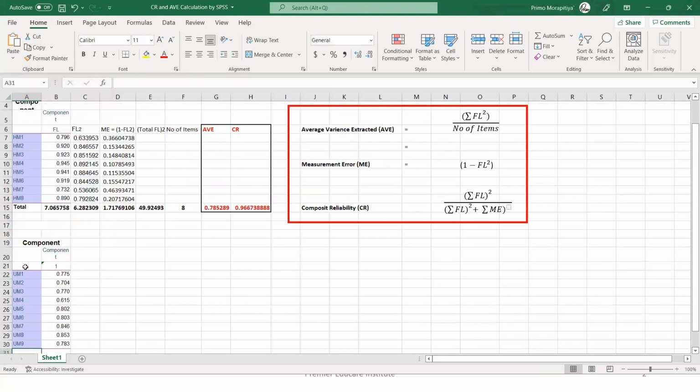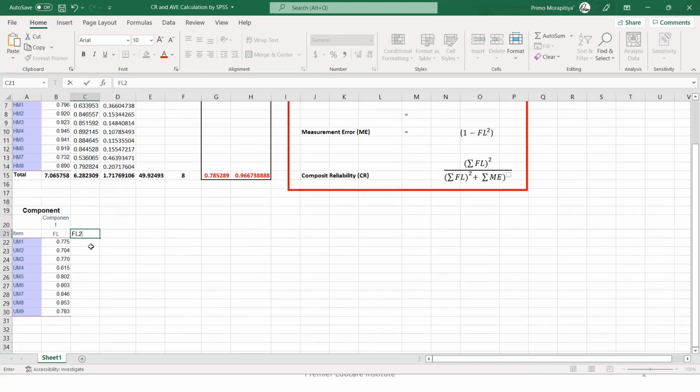Straight away. So this is your item, right? This is factor loading, right? We already copied. This is factor loading square. That means the square value of the factor loading, I will write it as FL2. How to get that one? This is Excel, right?